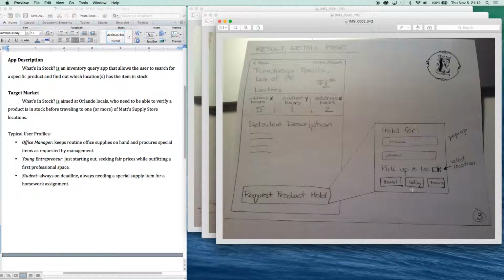I think I'd need to say how many they want to have held, if it's just one package or 5 boxes of pencils, I would need to go back and add that. But name, phone number, where they're going to pick it up, and if they're going to pick it up today or tomorrow, or if, oops, they clicked on this and they don't want it, they can click this cancel button